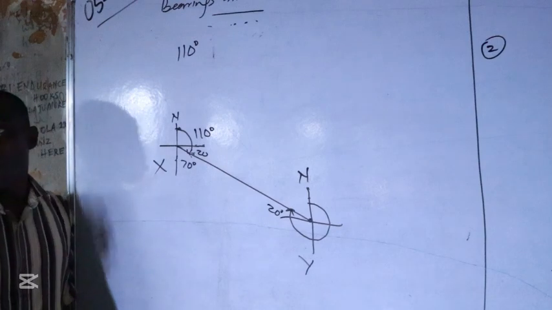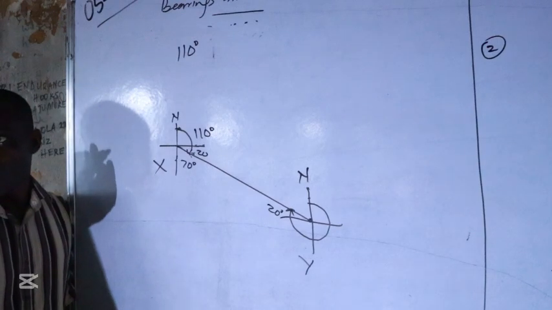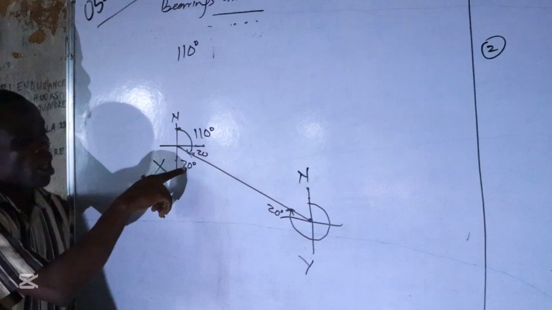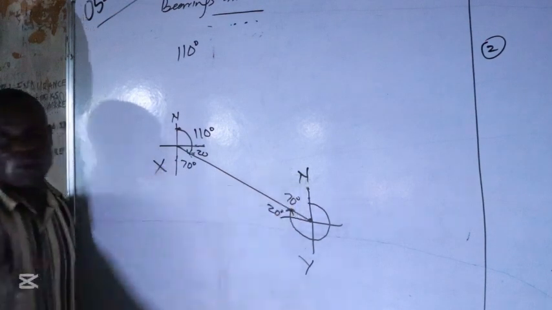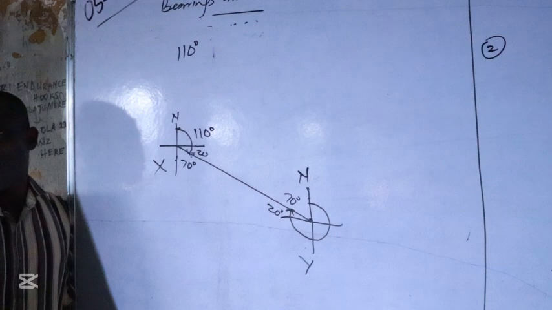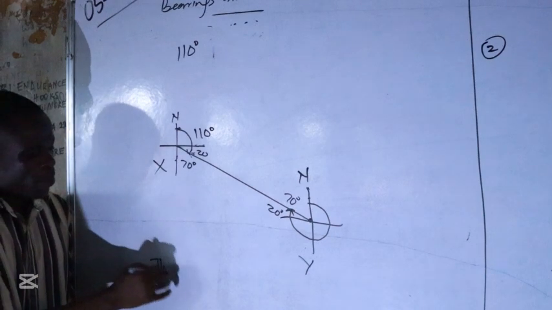That is what is called alternate angle. Okay? Alternate angle. This one is 70, this is also 70. That is what is called alternate angle. So for me now to find the bearing, now the bearing of